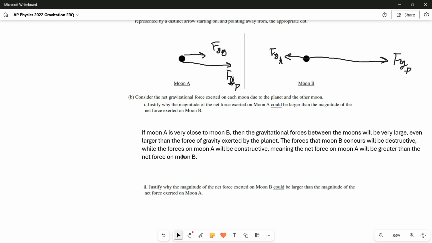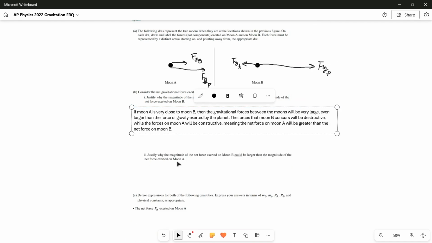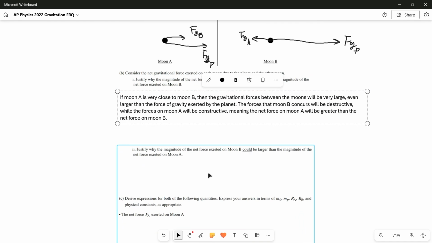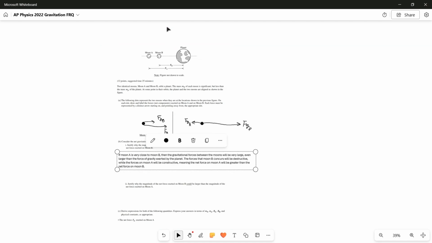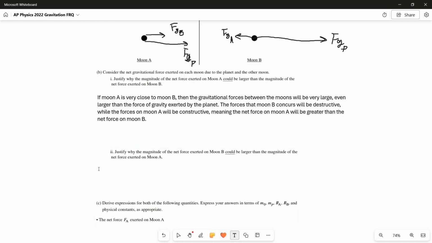Okay, now when we're dealing with part B2, we should think about the other hypothetical scenario. It's asking for a net force where Moon B is much, much larger than the net force exerted on Moon A. Well, if we have the two moons super far apart and Moon A is really, really far from the planet, then Moon A will basically experience no net force. And if we put Moon B very close to the planet, it'll experience a much, much larger force than Moon A will experience. So we should write,